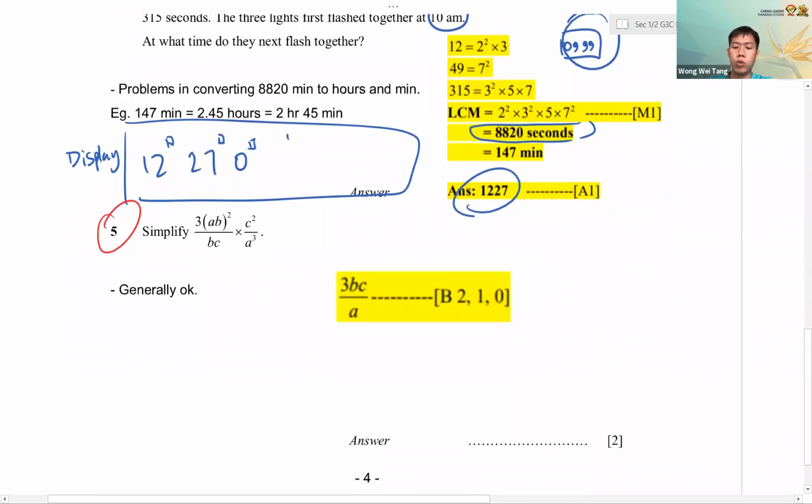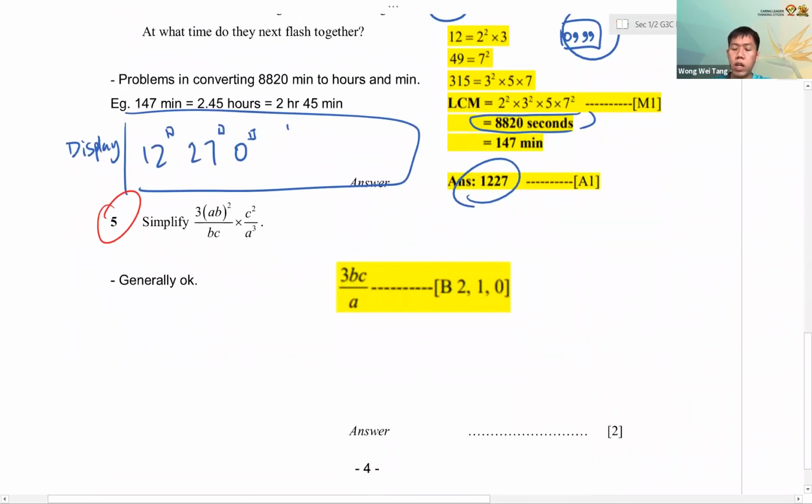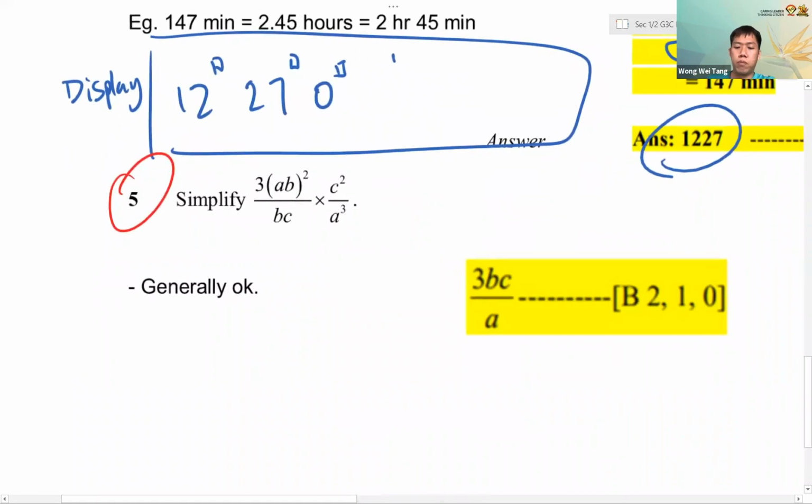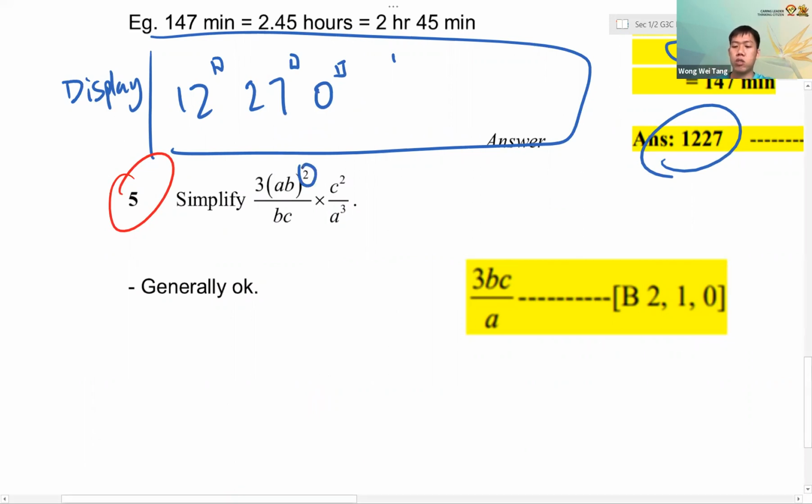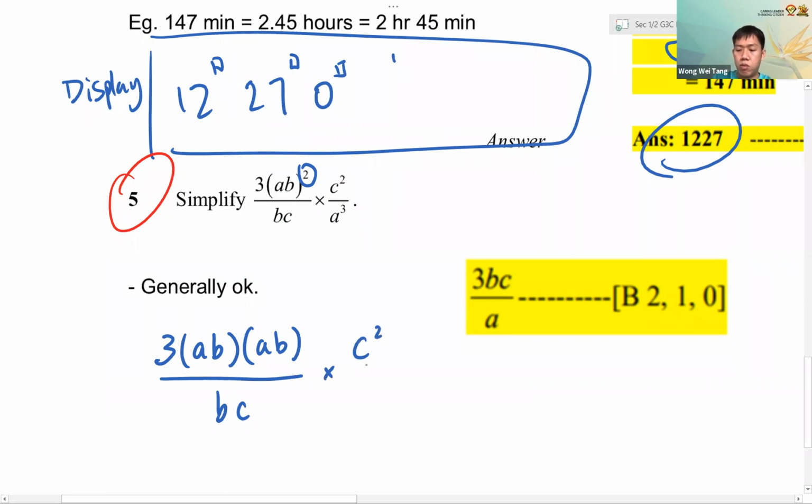Next question that I want to go through, although it is generally okay, traditionally, there are quite a number of careless mistakes that could be made. So where is the careless mistake? It is the expansion of this square. So the first step, we will get 3ab. When we square it, we are simply multiplying it by ab. Okay, you can skip this particular step if you are familiar with